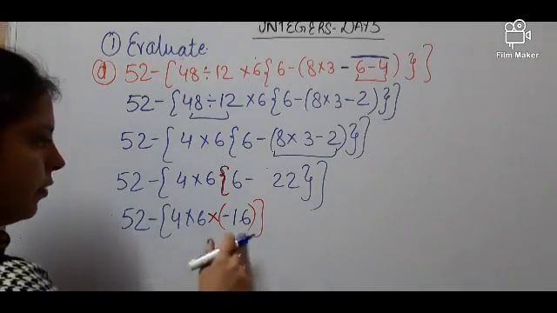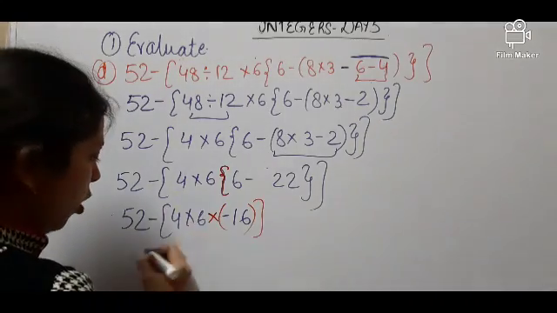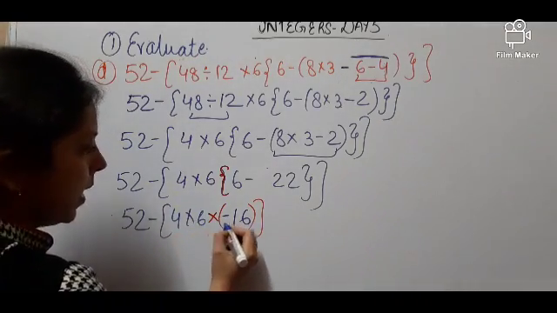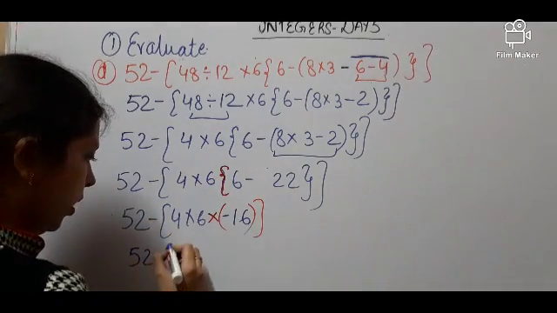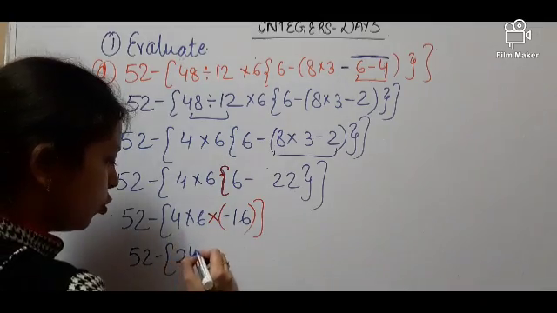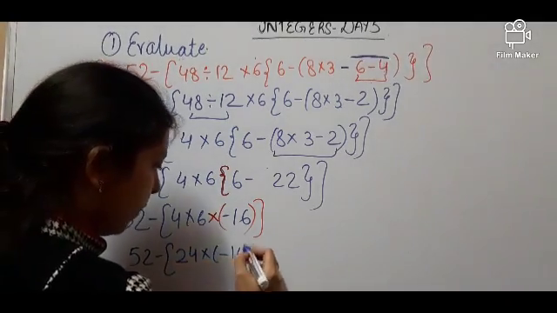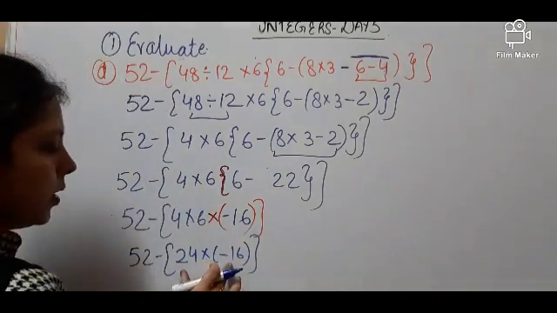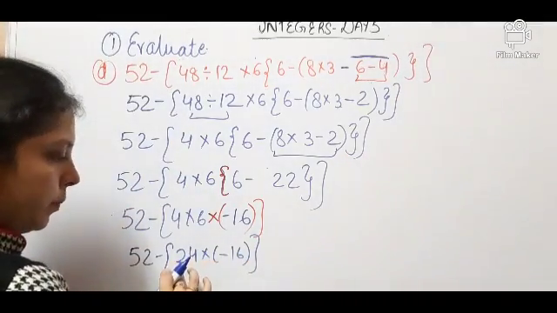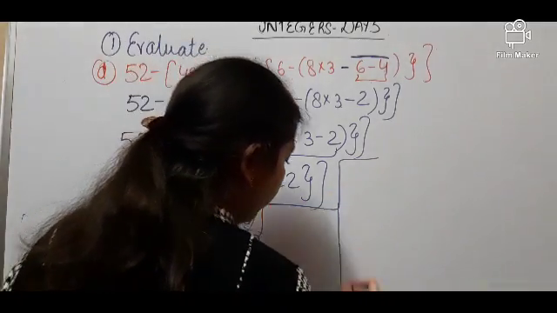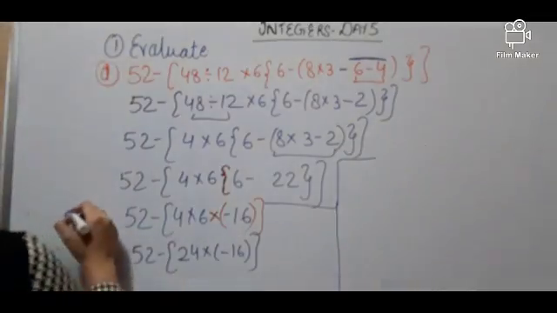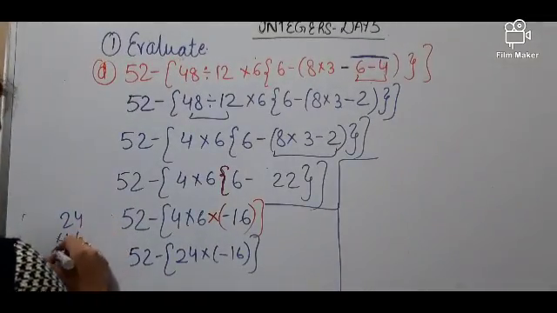So now we have 4 times 6 times minus 16, and we will multiply these first. 4 times 6 gives you 24, and multiply it by minus 16. When we multiply one positive and one negative number, we get a negative answer. So 24 times 16 will give you